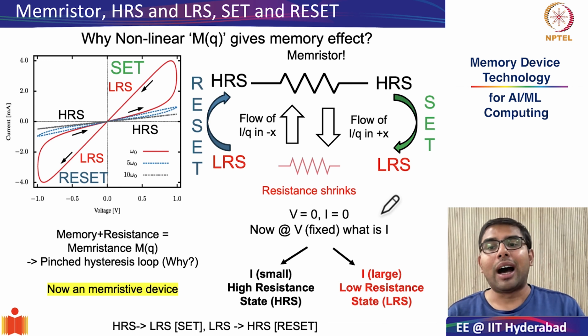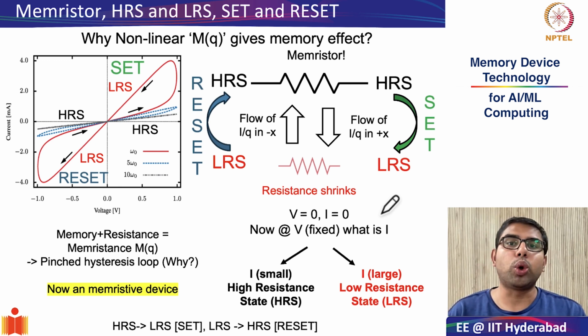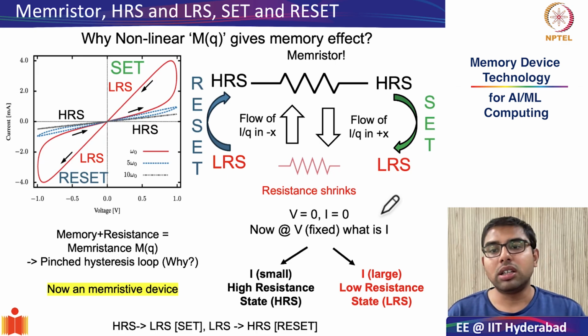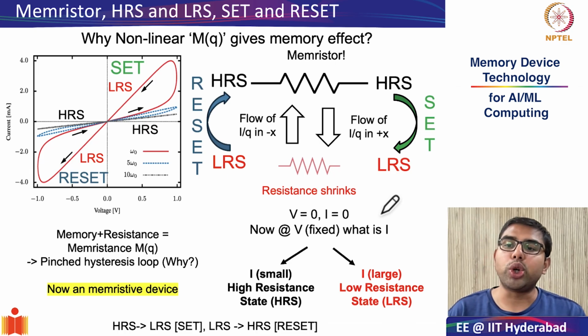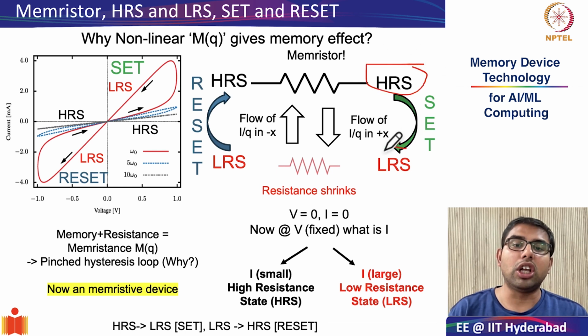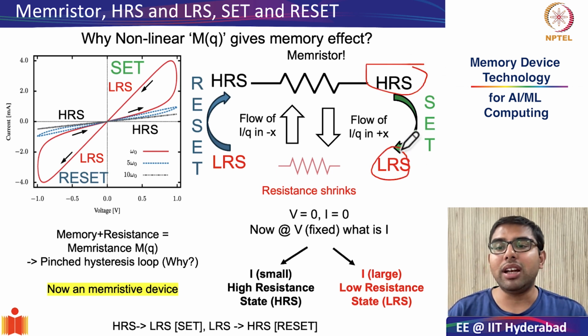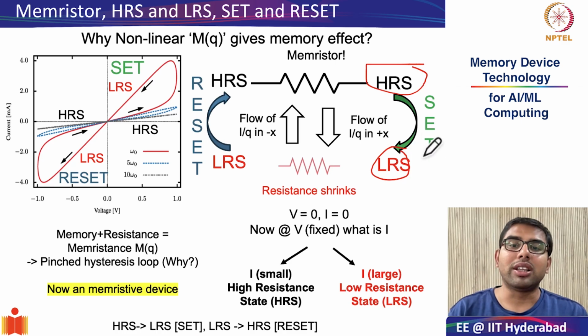Also, we saw how the development of the memristive device took place both theoretically and the practical demonstration by HP Labs. We saw that this memristive device is nothing but a two-terminal passive memory element. And we also saw why the pinched hysteresis of the memristor gives us this memory effect. We also defined some very important terms such as HRS or the high resistance state, the LRS, which is the low resistance state, and the transition between HRS to LRS, which is also called the set process, and the transition back from LRS to HRS, which is known as the reset process.